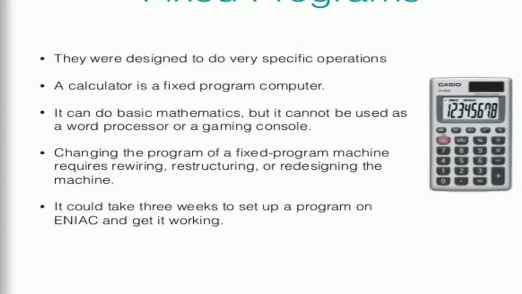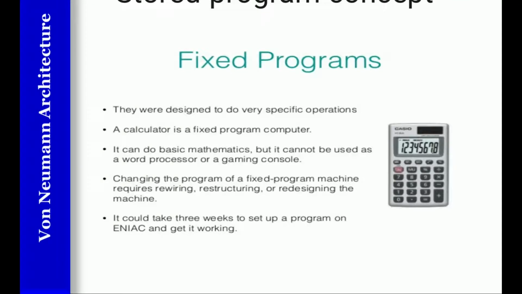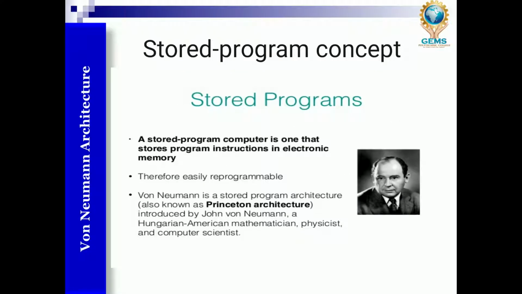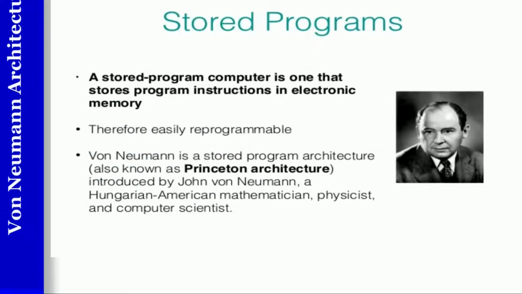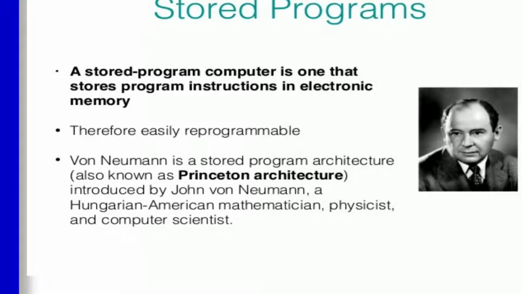So this type of mathematical calculation it can do, but apart from this, it will not do any work. For example, gaming, video, listening to audio. You can't do these using a calculator. That's why it's called a fixed programming machine. A calculator is a fixed programming machine, but a computer is not like that. It's a stored program machine. Multiple instructions are stored here and it will perform multiple tasks. So a computer is a multiple instruction storage box and it will perform multiple tasks.